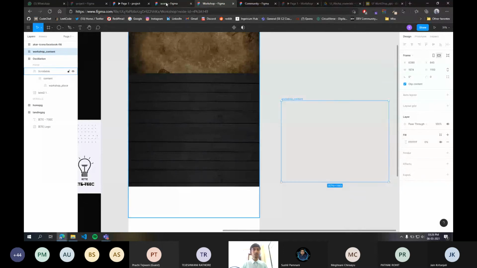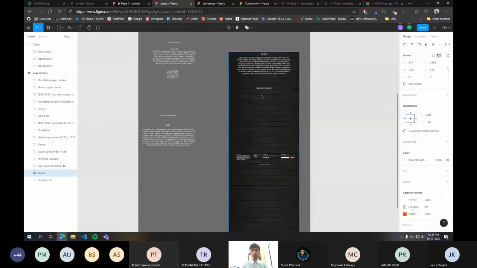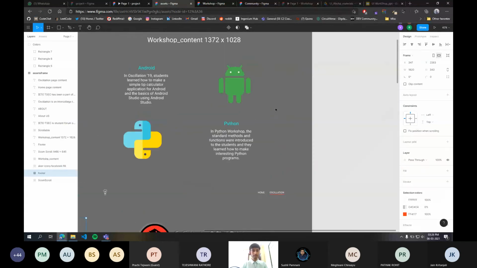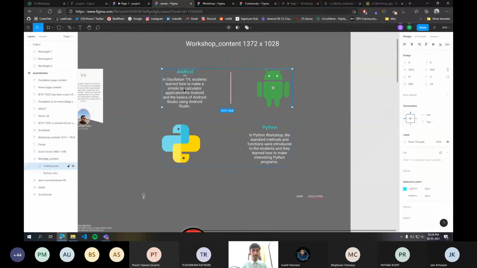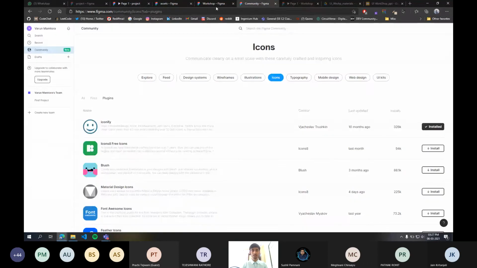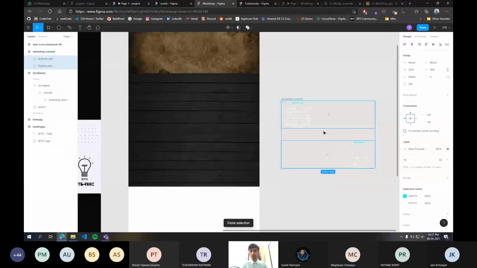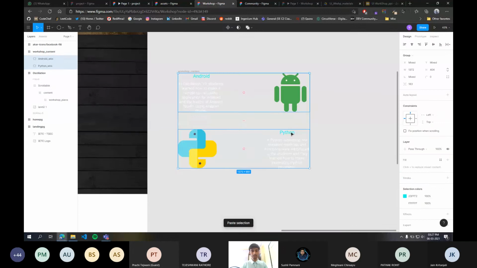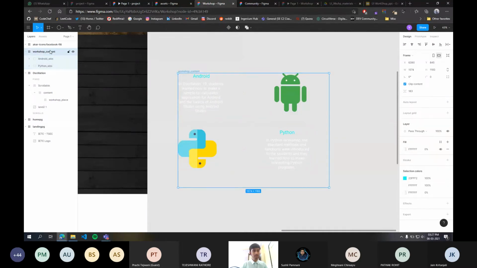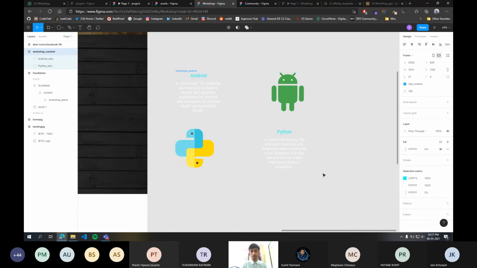Now again you can go to the assets panel and select this Android workshop and Python workshop. These two are grouped, so just copy it and paste it over your workshop content. It just fits in perfectly, right. If you want, you can resize this frame a bit.